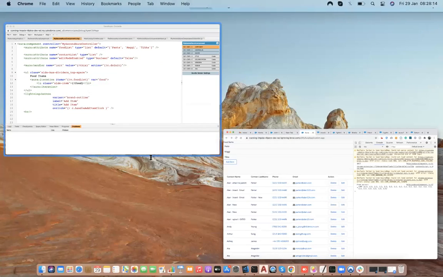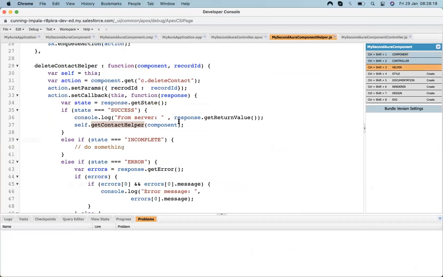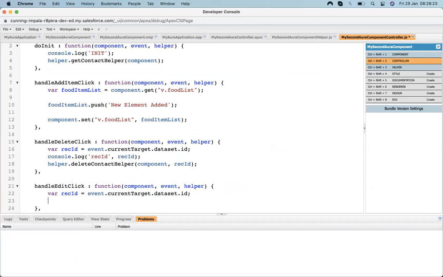So on the edit button, what do I have to do? I just make it true, and whenever I make it true, that component will show. For making it true, component dot set, the concept is still the same, v dot editModeEnabled, and I will make it true and hit save.